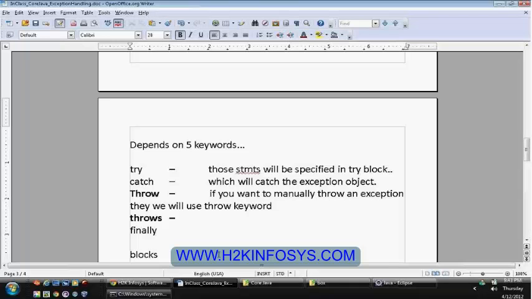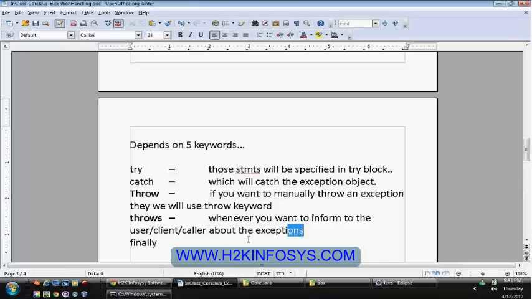Throws keyword. Whenever you want to inform the user or client or, in our Java case, the caller method about the exception that will be raised. See, let us say from our client code, we are trying to call one particular method.